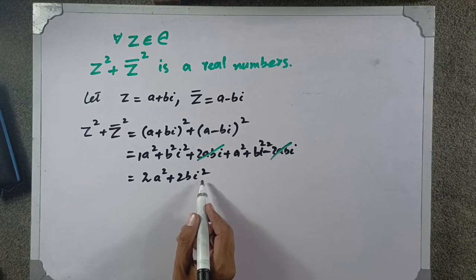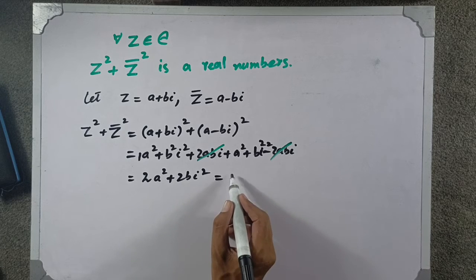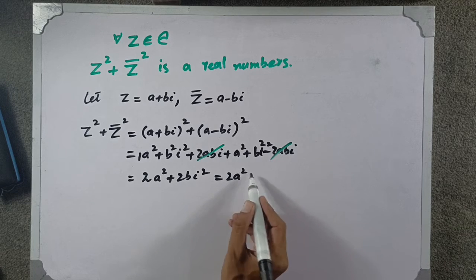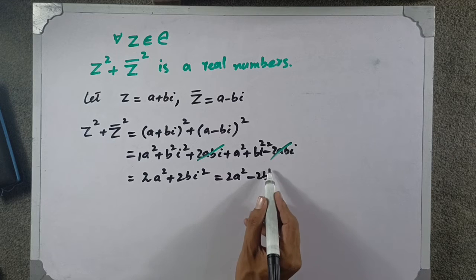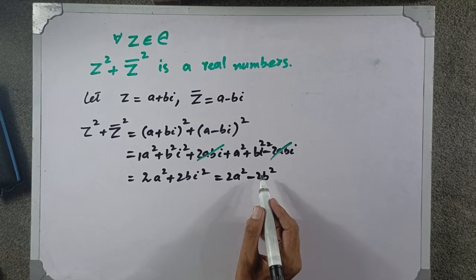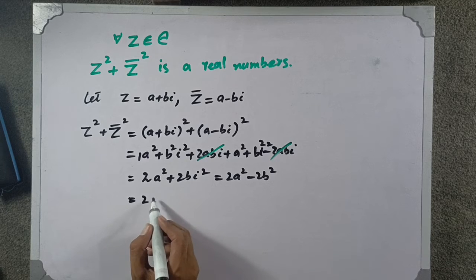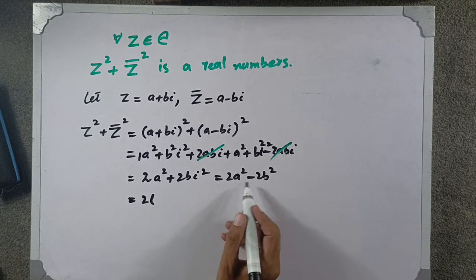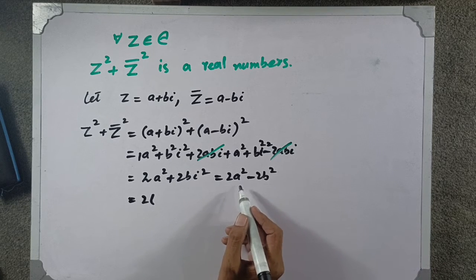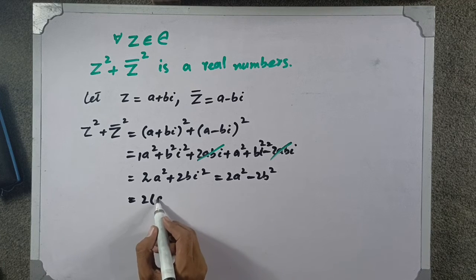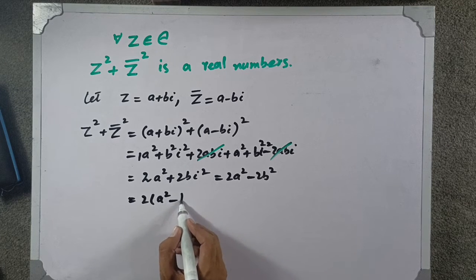Now putting the value of iota square, this will give me 2a square minus 2b square. So I can write it as 2 into, by taking common from here, a square minus b